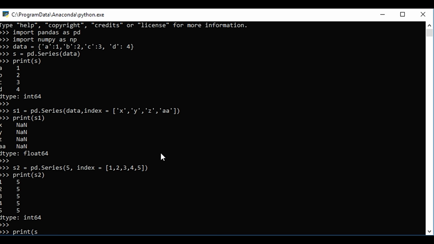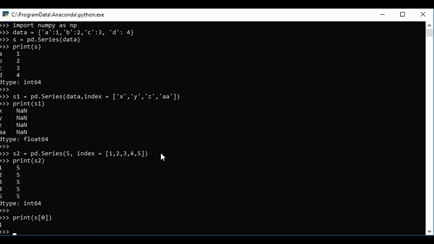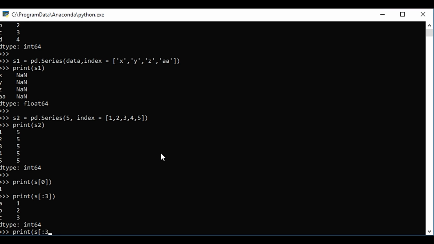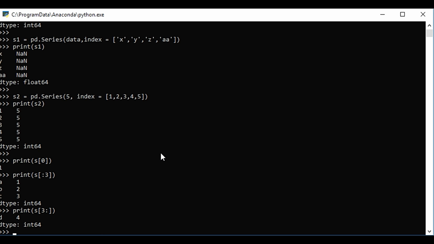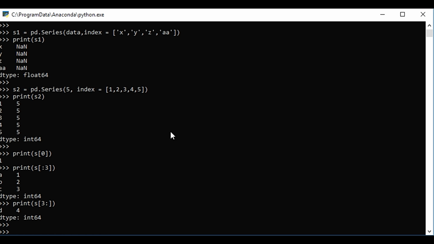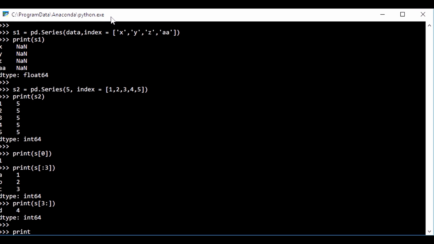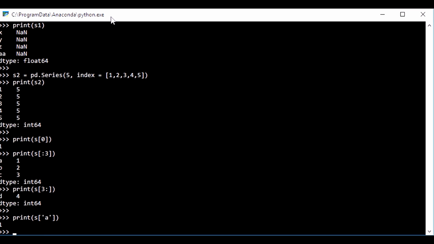Data in the series can be accessed similar to that in an ndarray. Retrieve the first element. As we already know, the counting starts from 0 for the array, which means the first element is stored at the 0th position and so on. Retrieve the first 3 elements in the series. If a colon is inserted in front of it, all items from that index onwards will be extracted. If 2 parameters are used, items between the 2 indexes, not including the stop index. Retrieve the first 3 elements. Retrieve the last